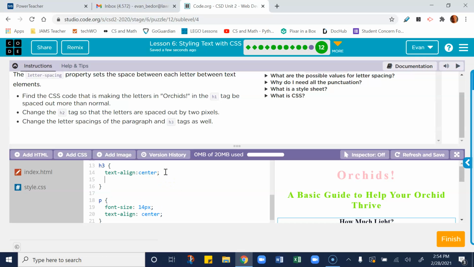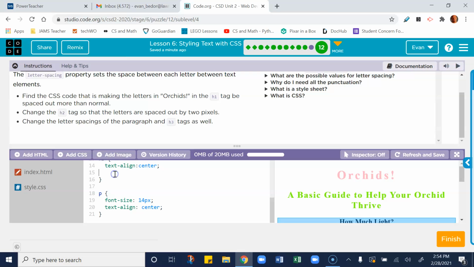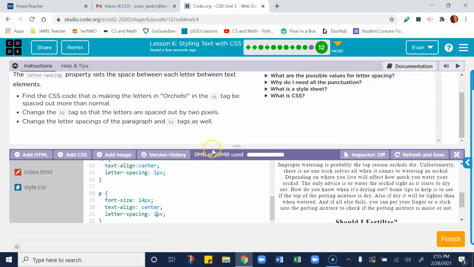And let's just change it to 1px though. Whoops. Well, let's take a look. Okay, cool. So that's what that is. We're done with